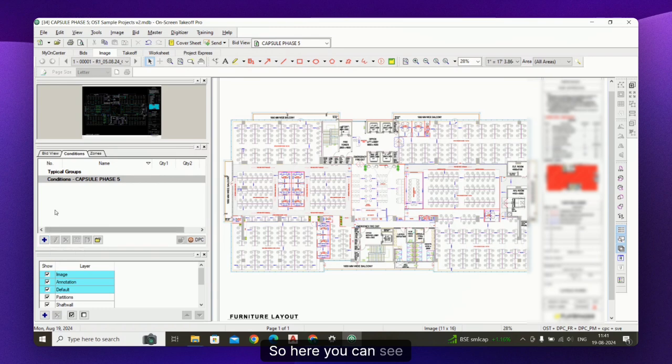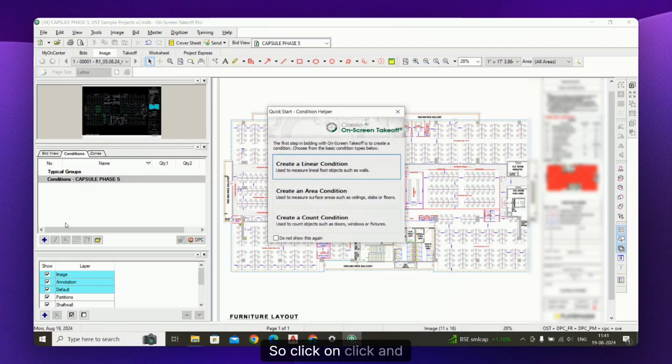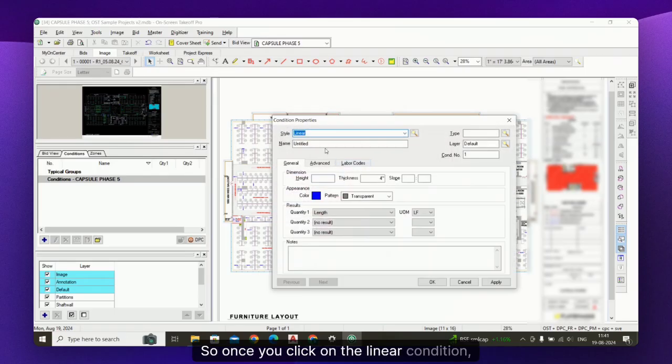Here you can see there is one plus sign which is appearing. Once you drag your cursor on the plus sign, it will show new condition. So click and create a linear condition, area condition, or count condition. These three options will appear. So firstly I will show you about the linear condition. Once you click on the linear condition,